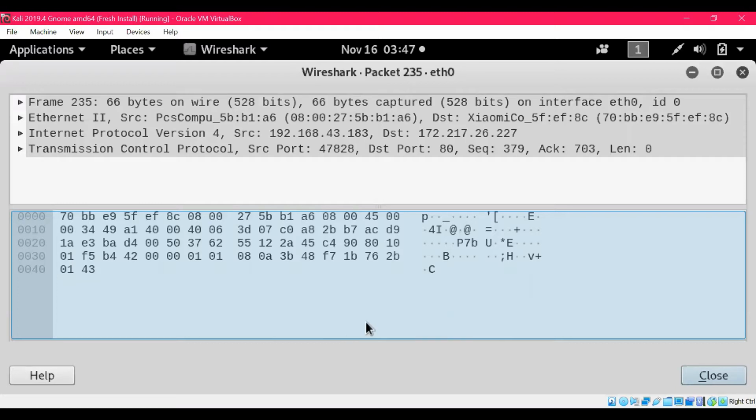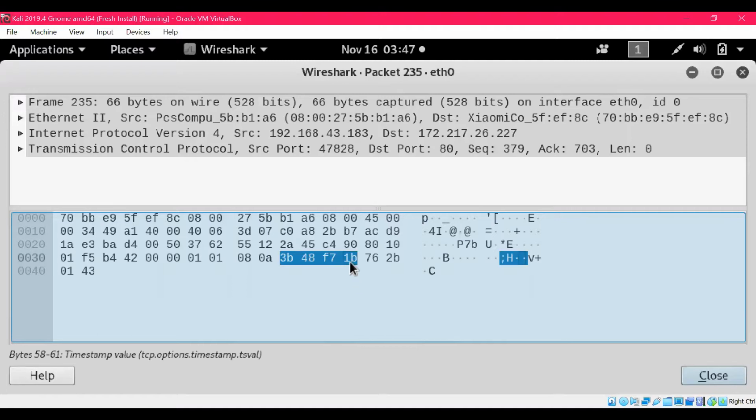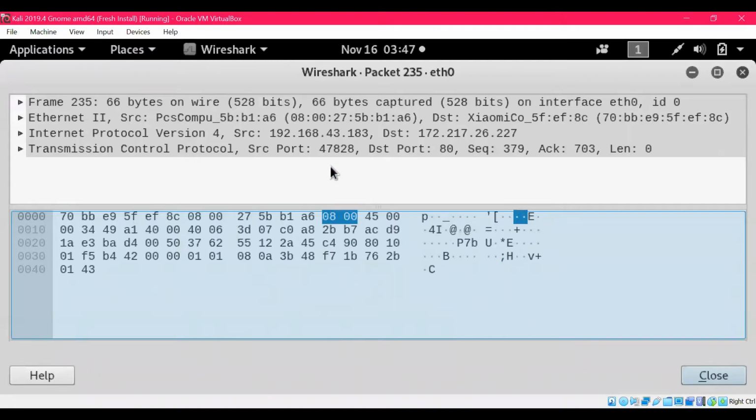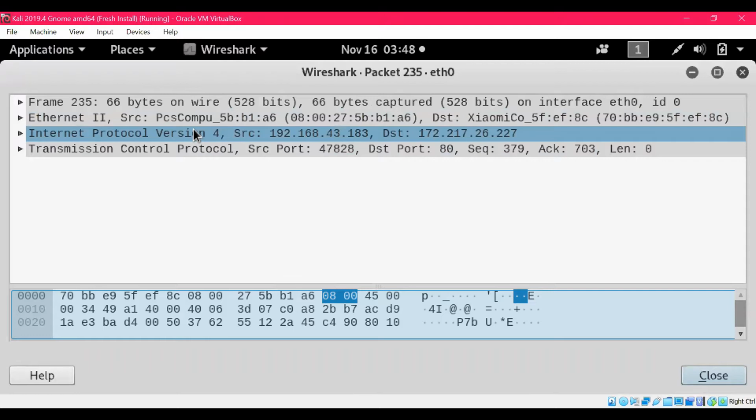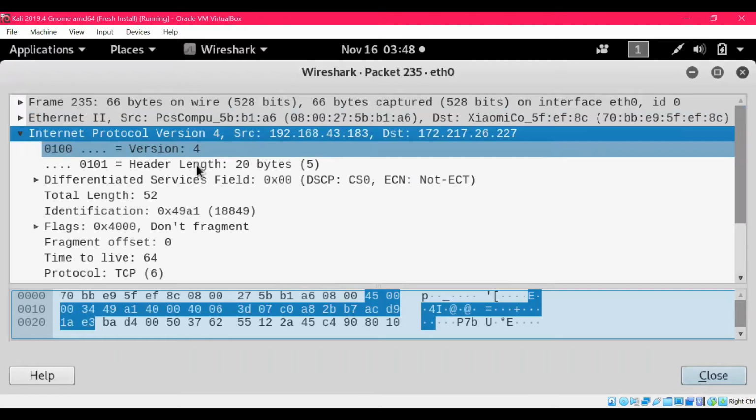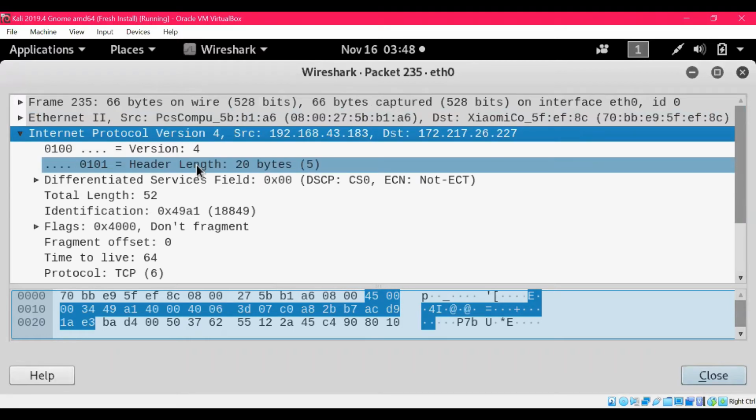So we can see that a lot of information regarding the packet is displayed here, like the frame information, Ethernet information, IP information, TCP information, and if there were more information such as HTTP information, that also would have been displayed down here. But notice that suppose we drop down this IP information, we can see some more information here.